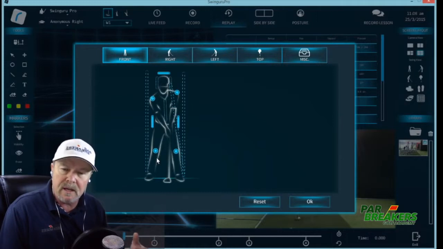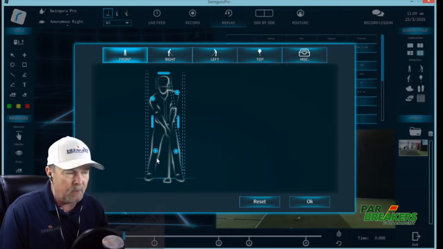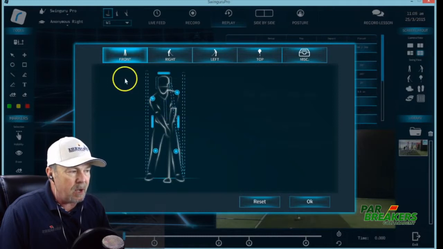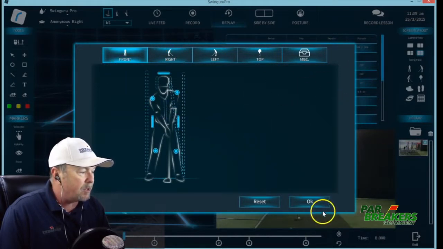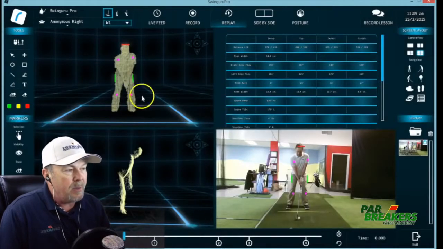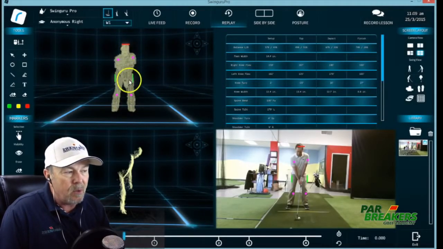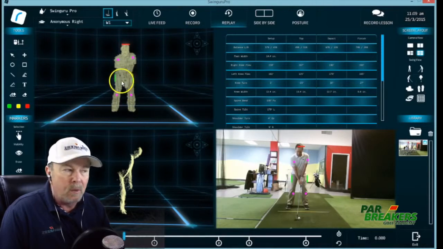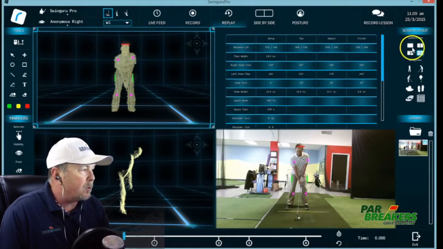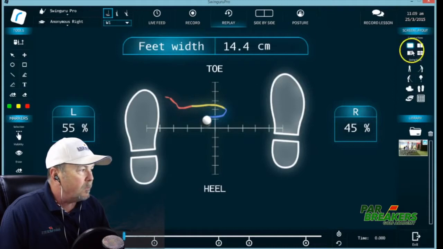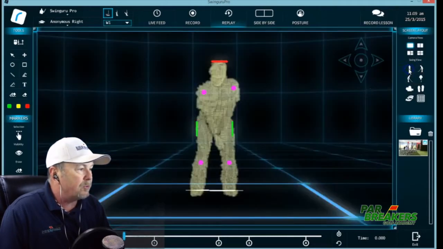Of course, we'll see that information in the data table also. So if we look at front, now when we go back and say OK and go back, we'll see that these markers have come up on the player. If I click on that and go to a single view, and then to the player,